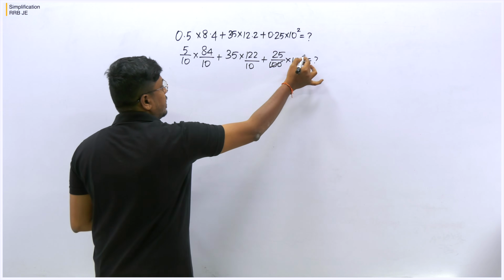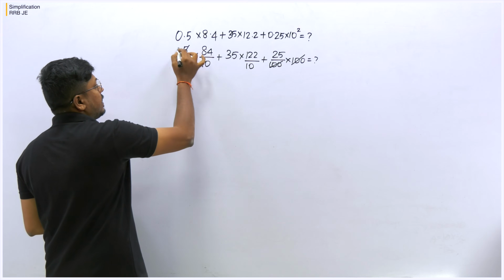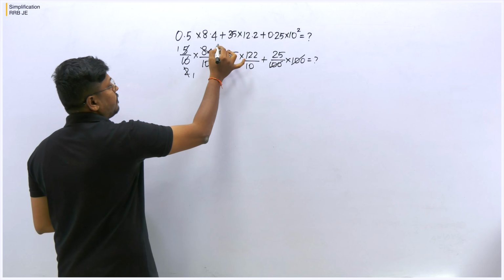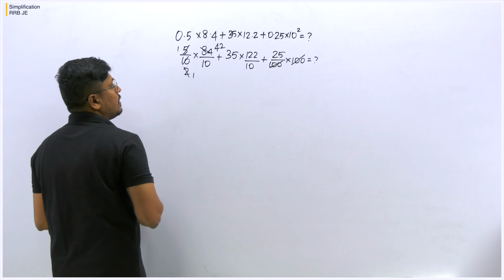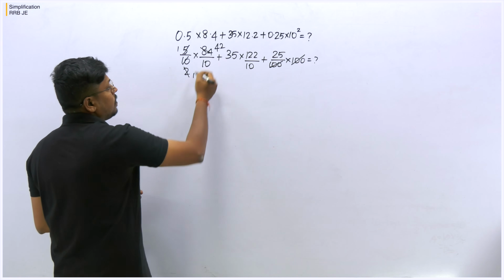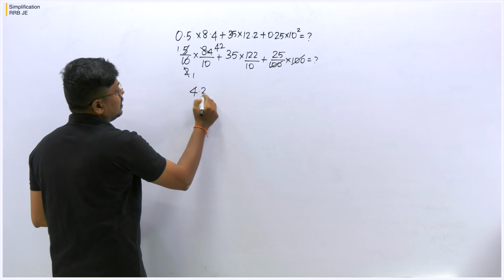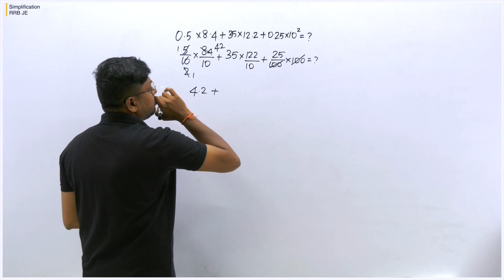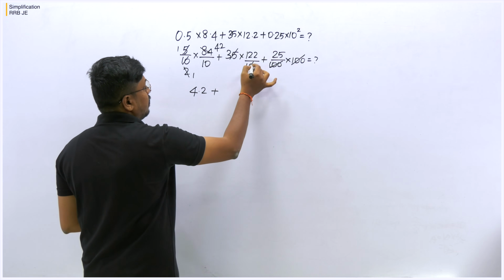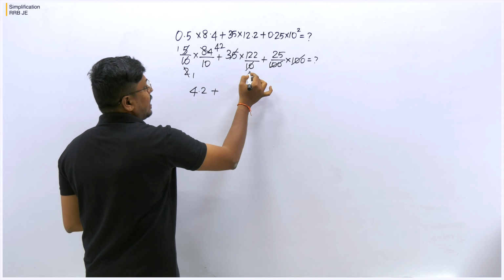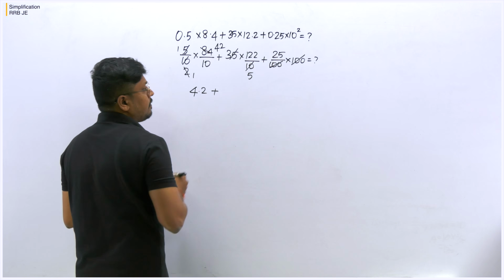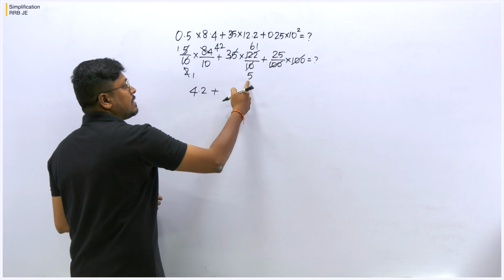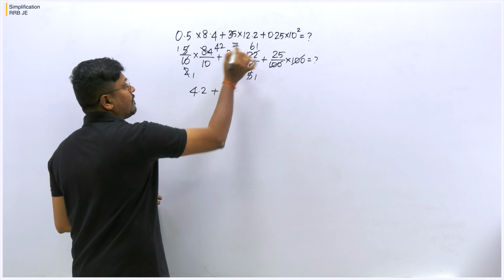I can cancel 100 and 100 here. Similarly 1 5s are 5, 2 5s are 10, we can cancel it. 1 2s are 2, so this will be 4 2s are 8, 2 2s are 4. Similarly, if you want you can cancel it, or else this can be written as 4.2. Plus the next number. I think we can cancel this on the 5 table or 2 table. If you cancel it on the 2 table, 5 2s are 10, 6 2s are 12, 1 2s are 2. Similarly cancel it on the 5 table, 1 5s are 5, 7 5s are 35.